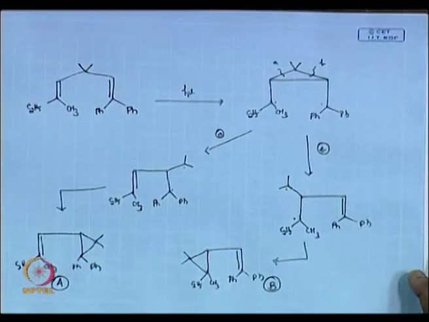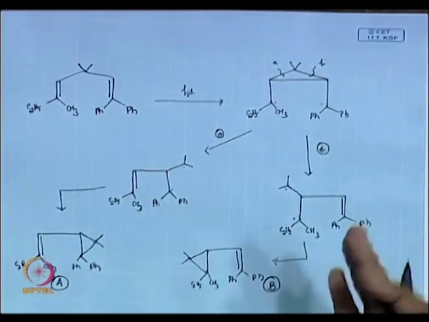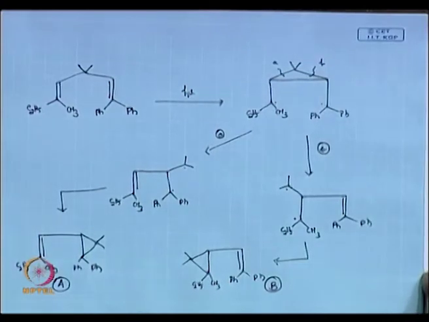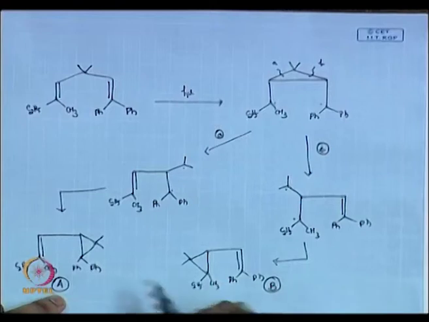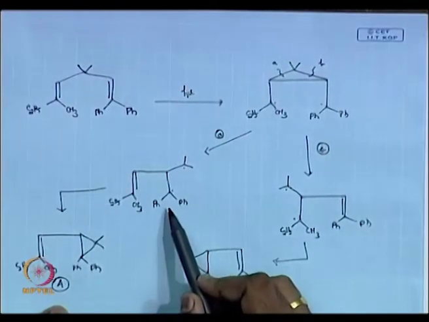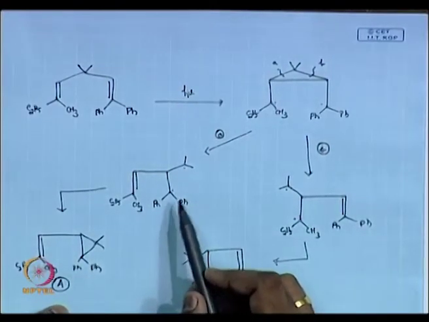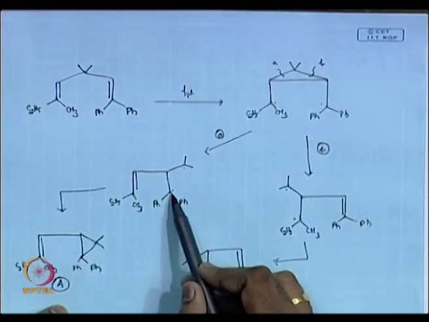Which will then be major? You want to break your A, or will product A be major, or product B? A, right? Because if you go back and see the radical stability, this radical is much more stable compared to your other radical,